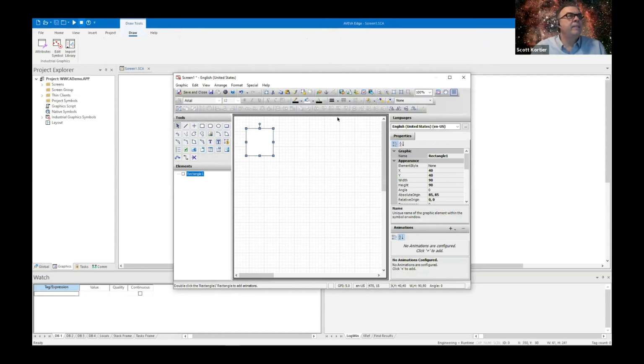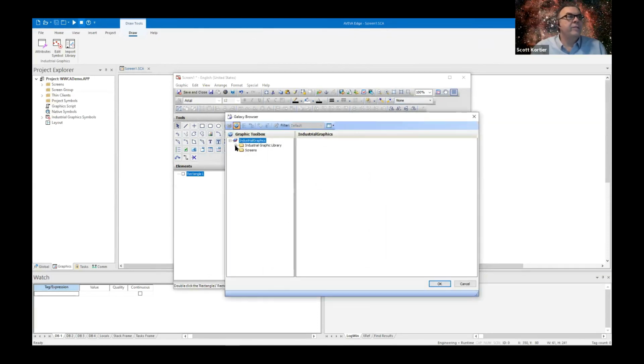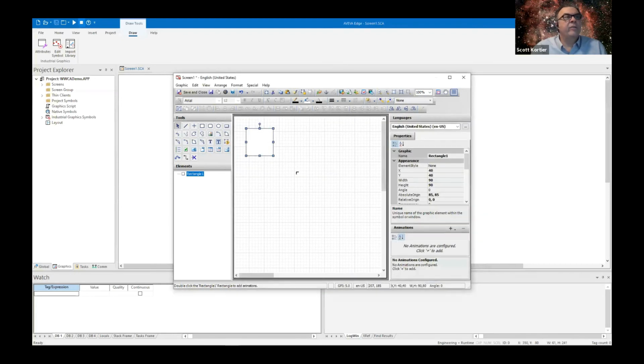And in addition to that, now we can get at the different symbols that we imported. So here's the industrial graphics library. If I want to drill into, I don't know, sliders, let's grab just a basic slider, drop it on the screen. I can now have industrial graphics inside of Edge.